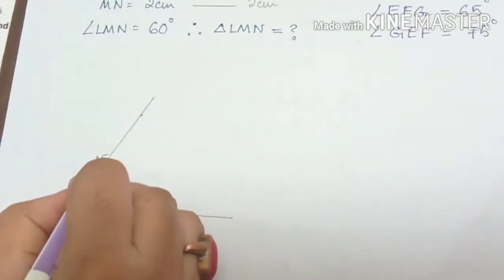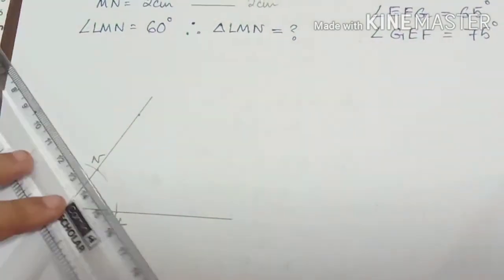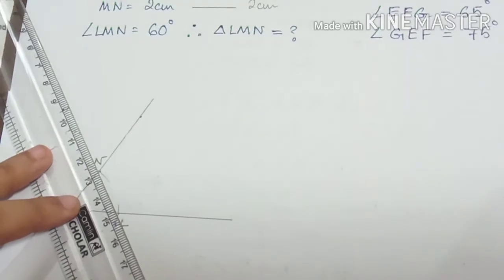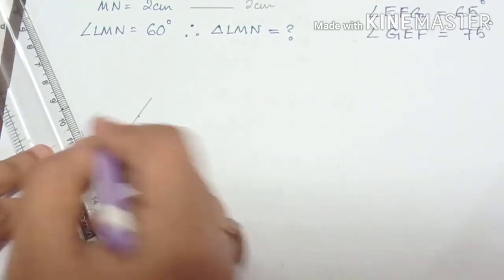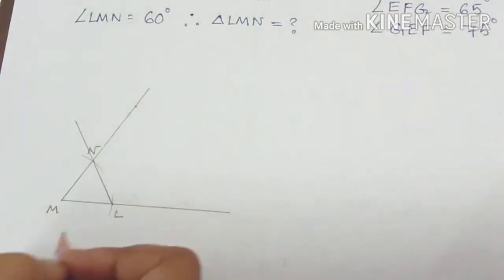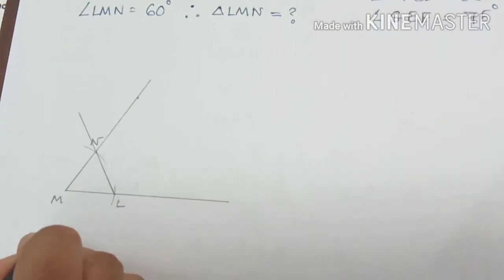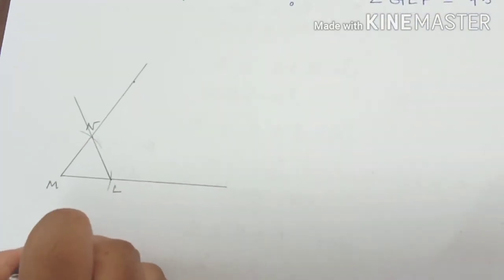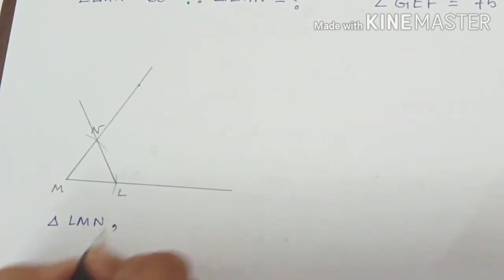Okay, now here we have got 2 points. Now the last part of the construction is to join the free ends. Okay, so this is it. This is how we make a triangle, that is triangle LMN, where in the triangle LMN,